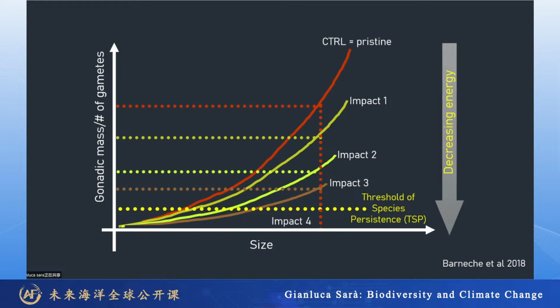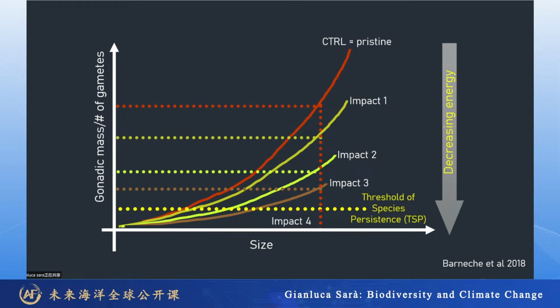If you have larger body size, you have a larger amount of eggs. If you have smaller body size, you have a smaller amount of eggs. If you also have an increase in temperature, you have a shorter time to stay in the plankton, so you have a secondary effect. You have less eggs that